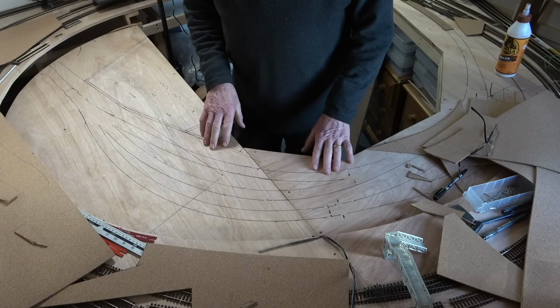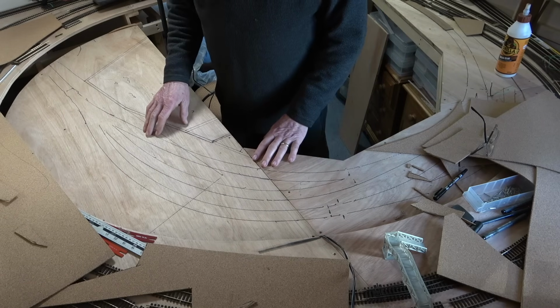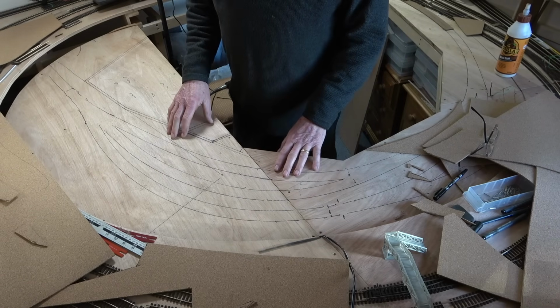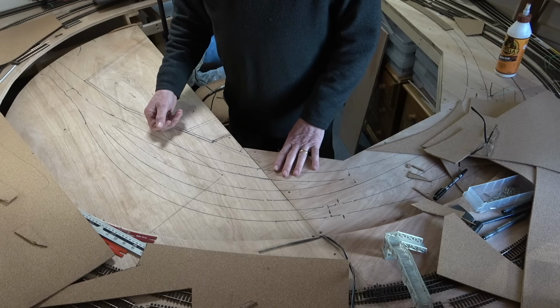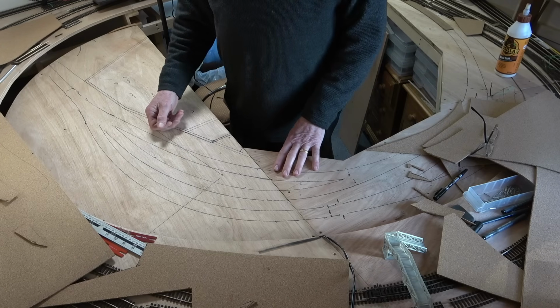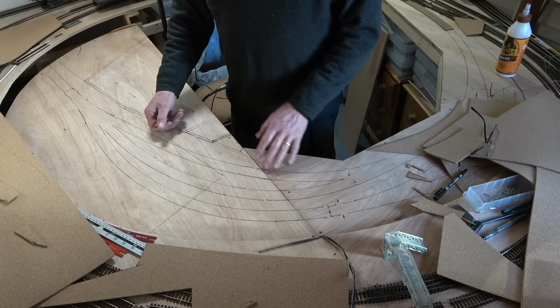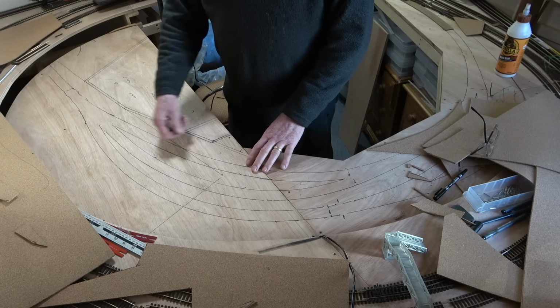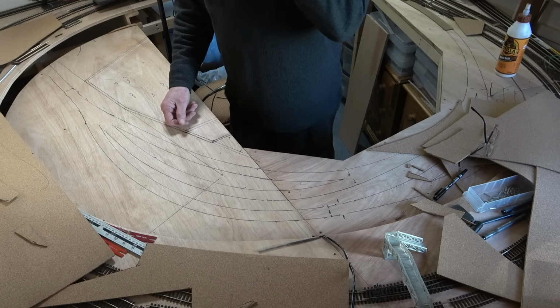Last time you saw all of this, there was cork laid here, but I did give you the caveat that I wasn't sure about the glue that I'd used. It came out a little bit like cottage cheese. I was a bit suspicious about it when I got up this morning. Hardly any of it had set, and what was there was just peeling off, and it was absolutely hopeless. So I decided to